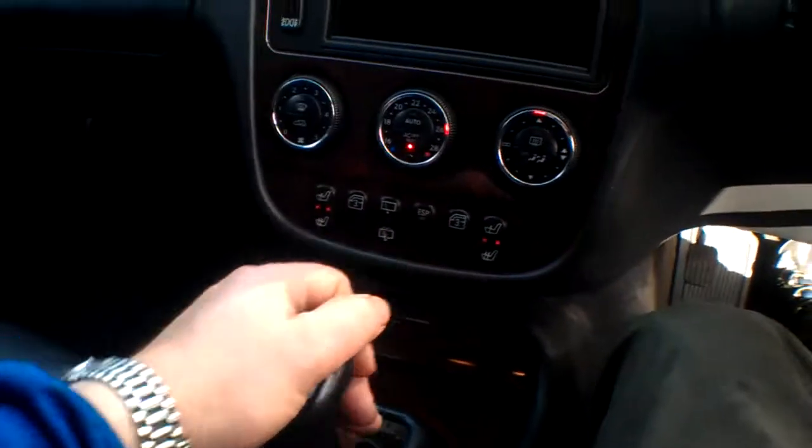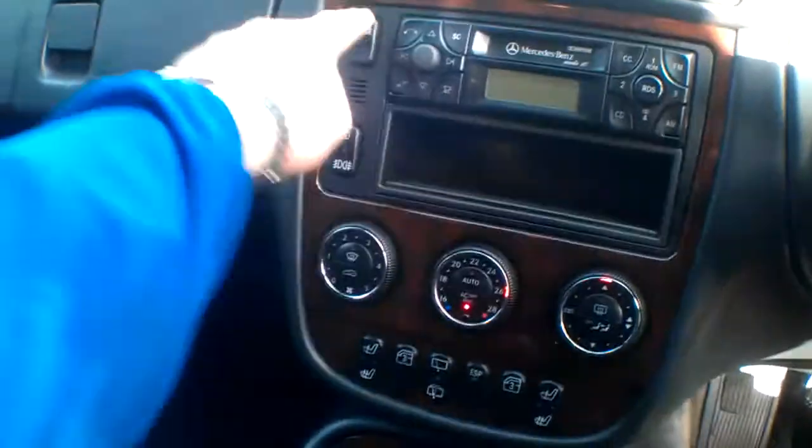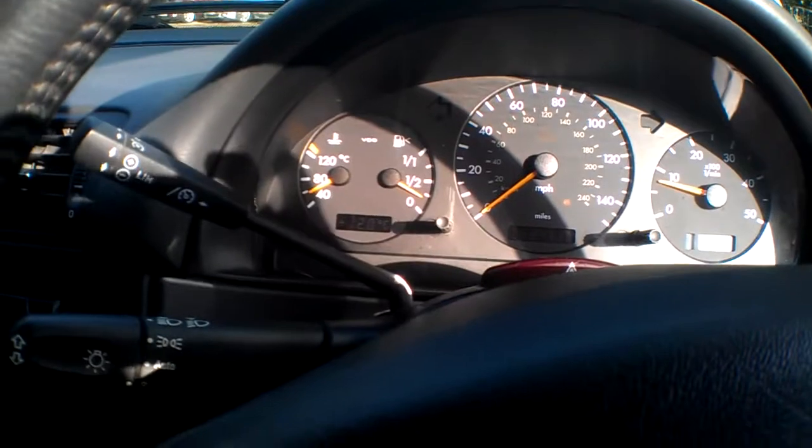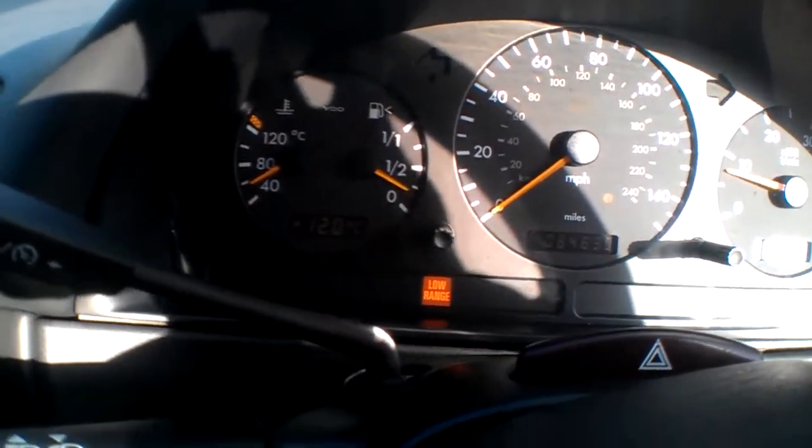The low range is working fine. Let's put it into neutral, press the button, the low range, there's a clonk, and the low range light illuminates as it should. There's a radio,